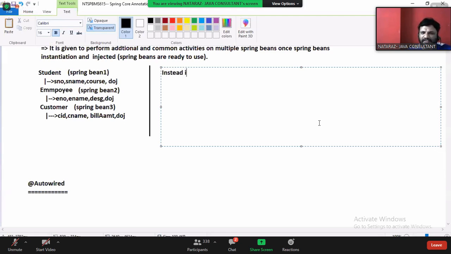Instead of initializing the DOJ property in all three Spring Beans with system date and time separately inside the Spring Bean classes,